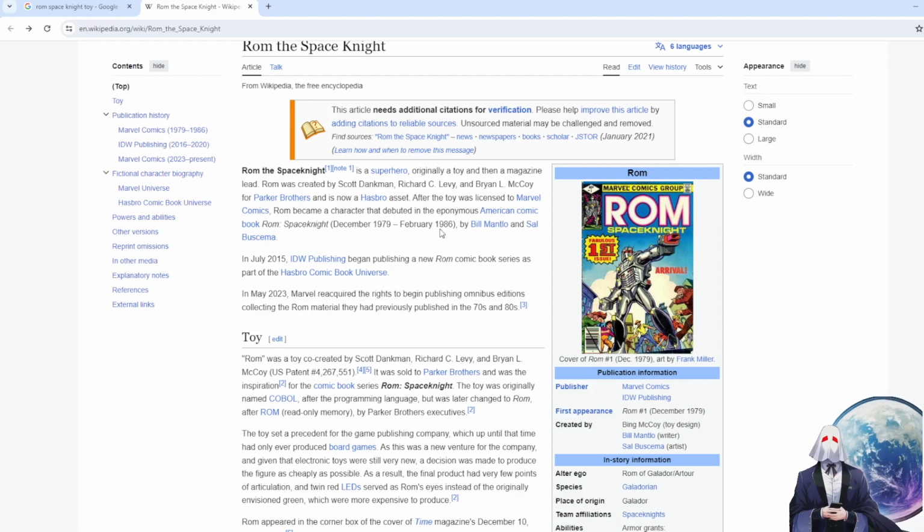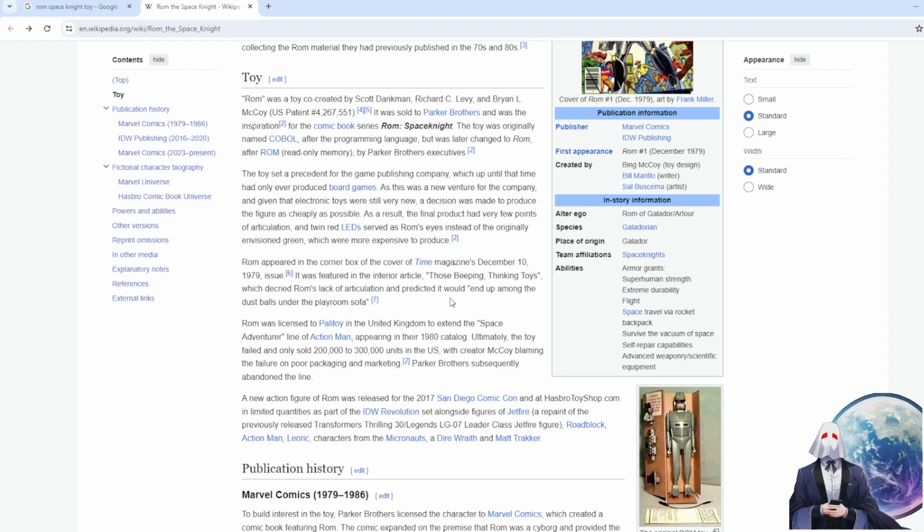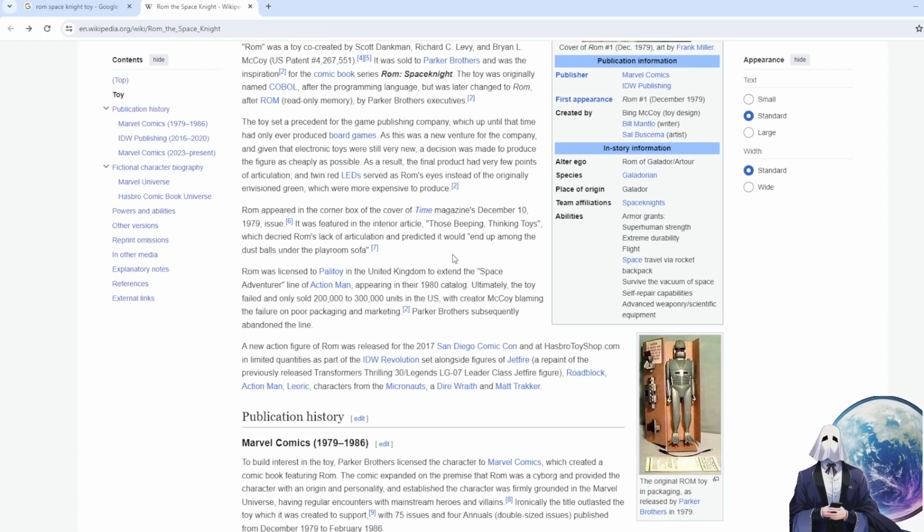The comic book ran for 7 years. The toy came out once. The end. It was abandoned, I think, within a year, and the comic kept going for 7 years.